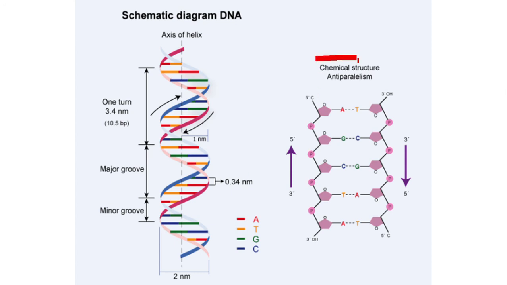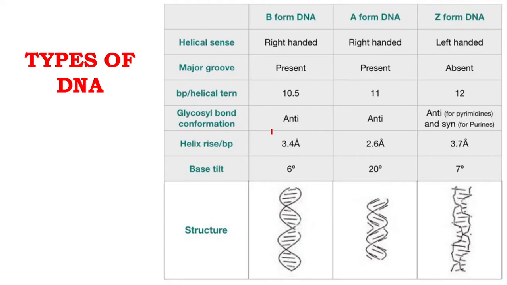And the anti-parallel nature is shown here once again. So you should see these slides repeatedly. And there are different forms of DNA: A DNA, B DNA and Z DNA. Actually these forms of DNA are interconvertible. One form of the DNA is converted into another under physiological conditions. Look at their nature: which of them is right-handed, which is left-handed, whether major grooves are present or not, how many bases are there in every turn, and all those parameters. Go through it to be ready for the examination.